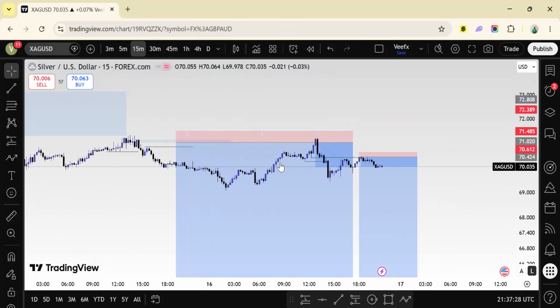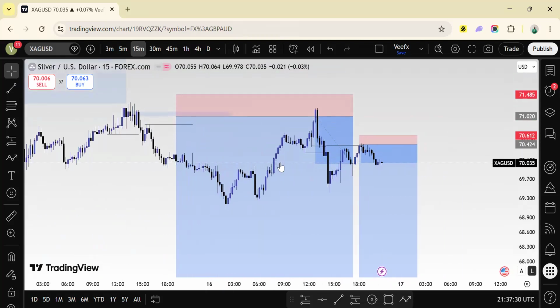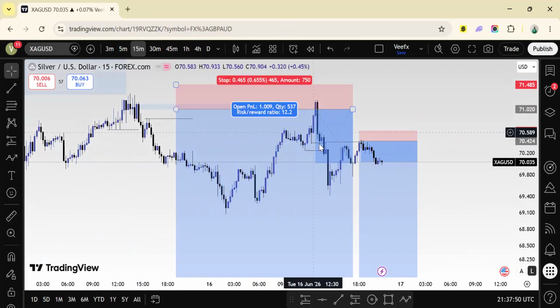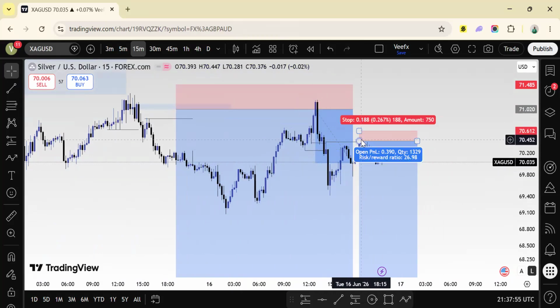Now, why do you need to wait for inducement liquidity to form before you enter? It is because the market will always go back and sweep that inducement liquidity. That's why it's called liquidity sweep. The market always goes back to take its liquidity because that is where money is. Liquidity is where money is. And because there's money there, the market has to go back and take it. That is why every time inducement liquidity occurs, the market will pull back and tap a POI there before it